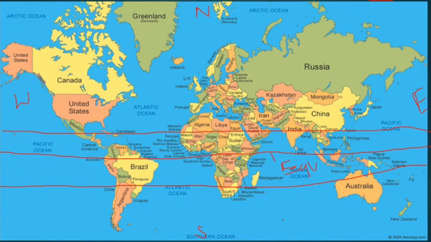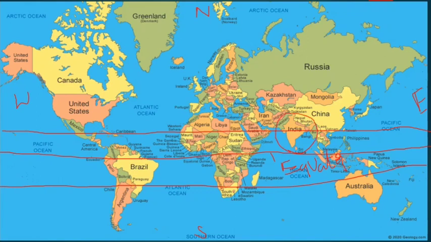Okay. This is the latitude, 0° latitude. We call it the equator, which divides Earth into two equal parts. So this side of the equator we call the northern hemisphere and this is the southern hemisphere. So you can understand the location. See the location of India here. It is completely in the northern hemisphere. It is not touching the southern hemisphere. So you can say that it is located in the northern hemisphere of the world.